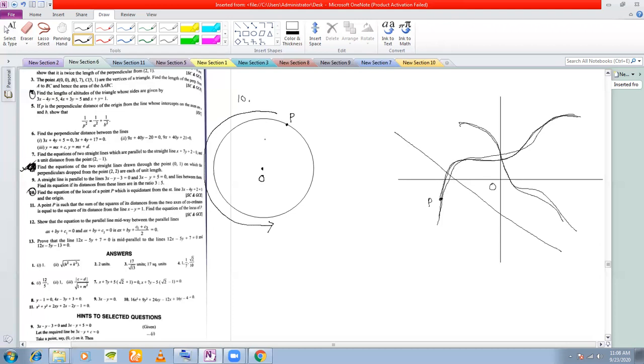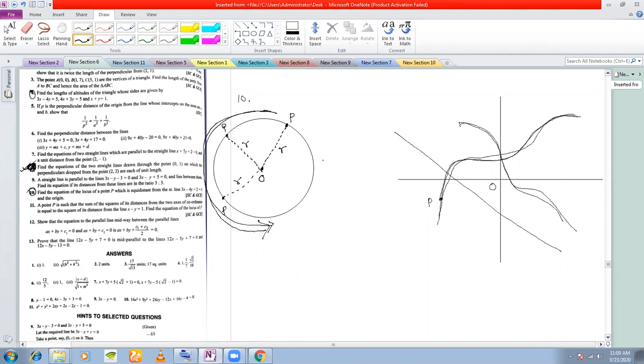The distance between P and O remains constant. See, P is such a point. P traces such a path. Here, in this case, P is tracing such a path. P is moving in such a manner that it is always remaining at a constant distance R from this point O. Whether you take P here, or here, or here, any point on this path you take, this distance always remains R. So what is that special geometric condition that is satisfied in case of a circle? That it is always remaining at a constant distance from a fixed point.